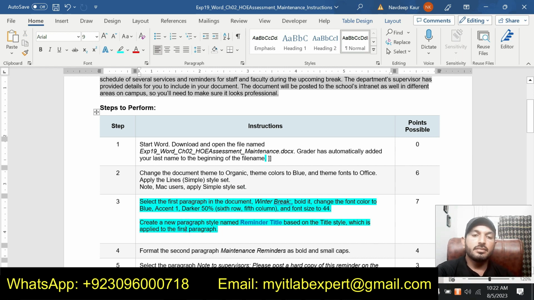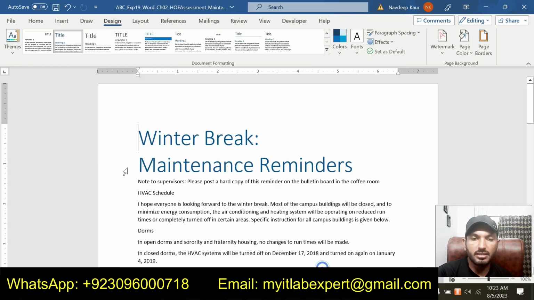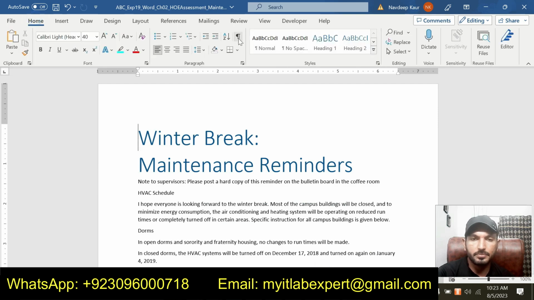Step number 3 is set the first paragraph in the document. Select the first paragraph in the document, Winter Break. Bold it. Change the font color to Blue, Accent 1, Darker 50% and the font size to 44. So this is the first paragraph. Just select this one.